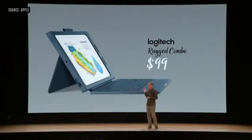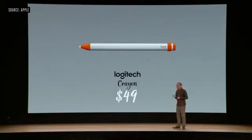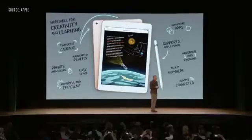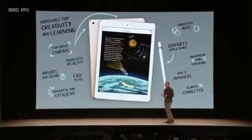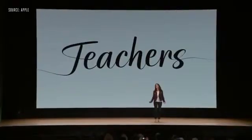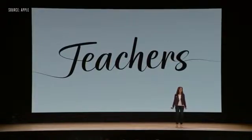The first is an updated rugged case and keyboard combo from Logitech designed specifically for kids in school. And Logitech is also offering Crayon, a new low-cost option for education that works great with iWork and other pencil-enabled apps. This new 9.7-inch iPad puts a ton of power and creative capability into a durable and mobile design that weighs just 1 pound. Teachers are the heart of the classroom, and we know it takes dedicated, passionate teachers to fuel